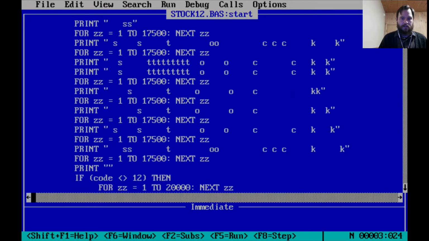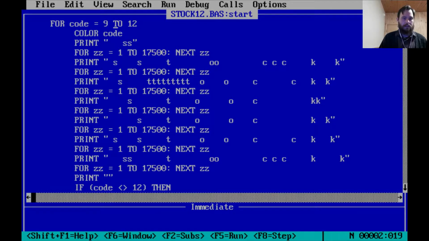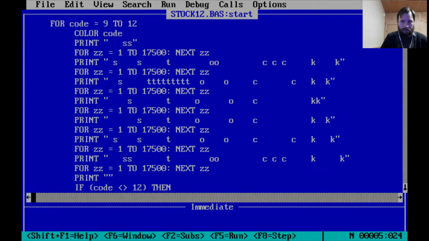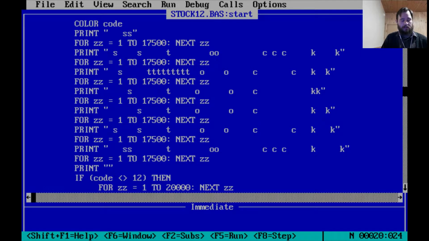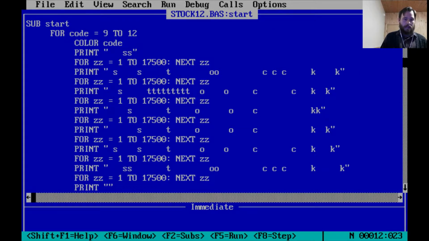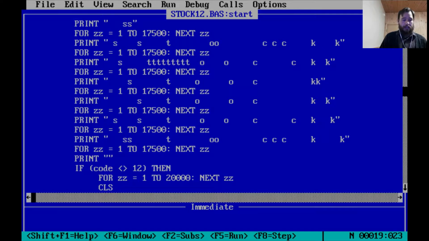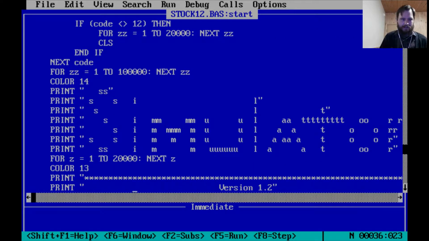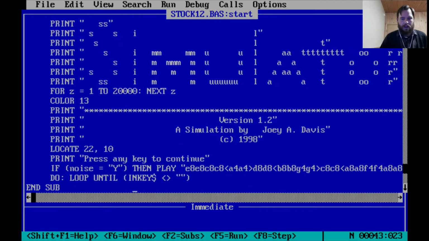Awesome. Okay, so I do all this stuff. Apparently for code equals 9 to 12, I'm going to loop through colors 9 to 12. That's what we saw. If code is not equal to 12, then wait. So this basically says start with color 9, animate the stock line by line, doing a little pause. If I'm not at the last color, then wait a little bit, and then clear the screen, then go to the next color. Do that from 9 to 12. Now, if it is the last color, then don't wait. Instead, do this wait, and then print out simulator. Wait, change the color,